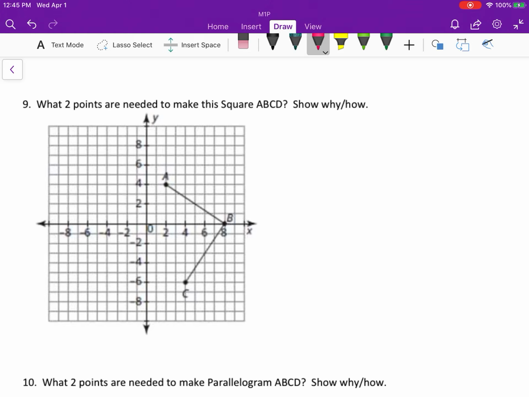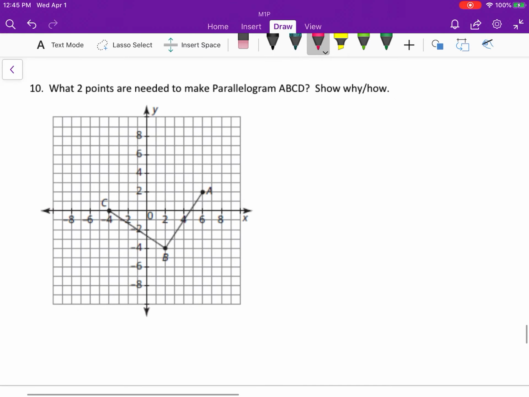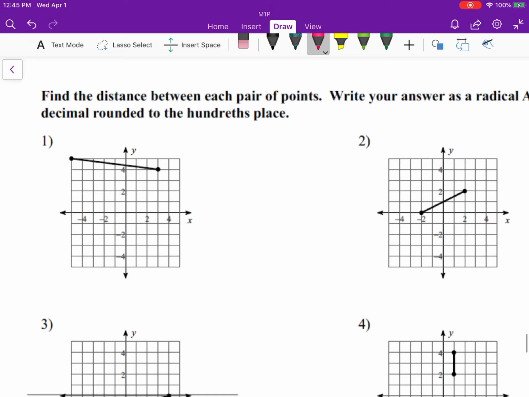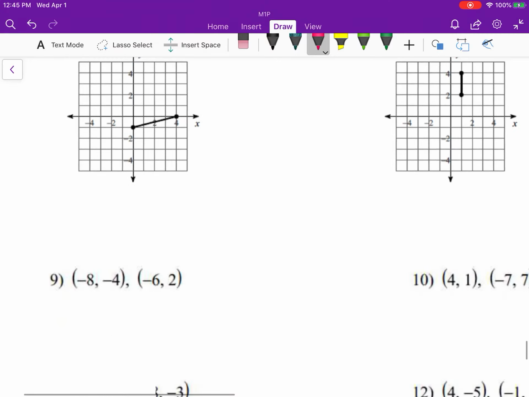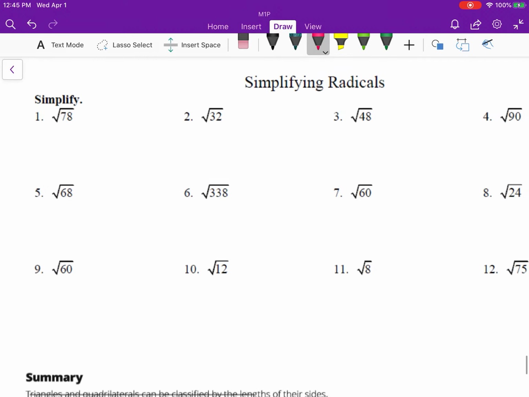Here, make a square, so you can either count the squares in this case, or you would have to find the actual distance. This one's kind of a pain. This one, parallelogram, so you'd have to do slope and parallel slopes. This one's hard. Then I've got more examples for you to find the distance of points, and then simplifying radicals,